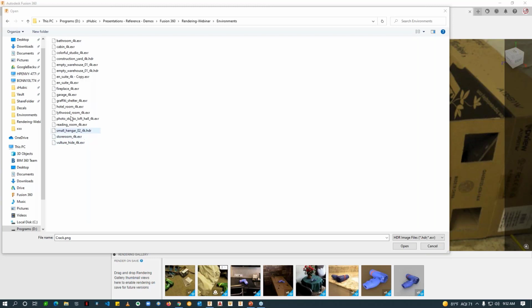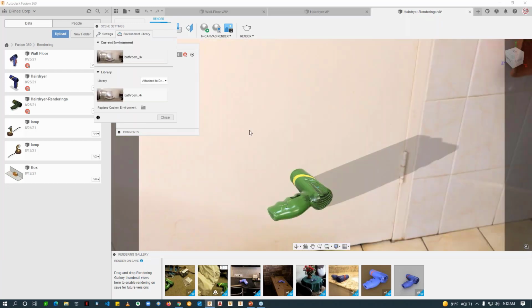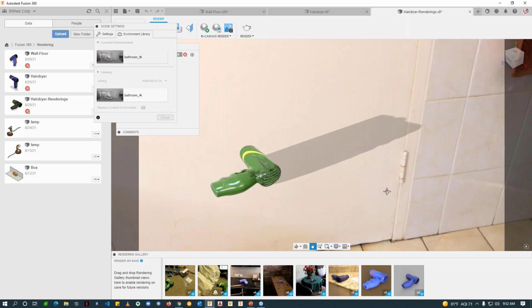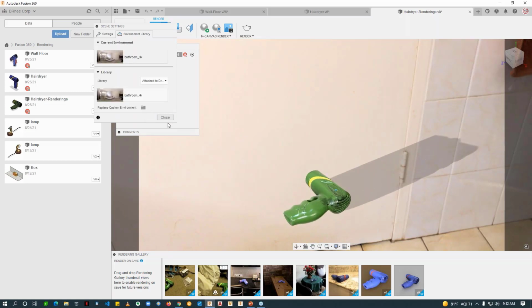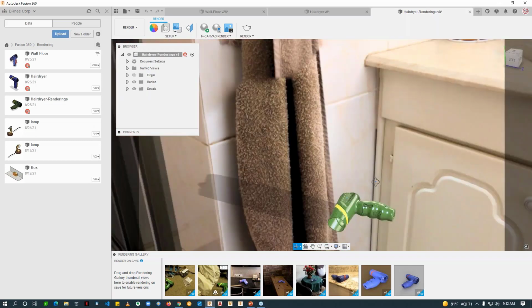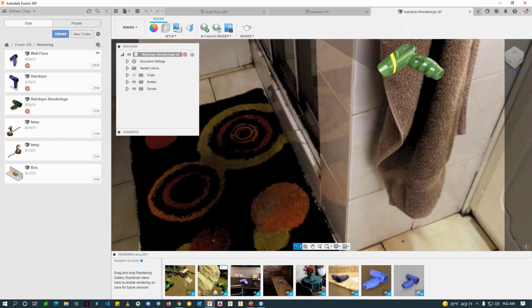And let's say we can just browse and let's use, I don't know, bathroom. That's the one I used in one of those images, right? And again, the bathroom, when you use these HDRI files, these environment files, it comes with the lighting intelligence already built in. All right, so what I did was I moved it up here,